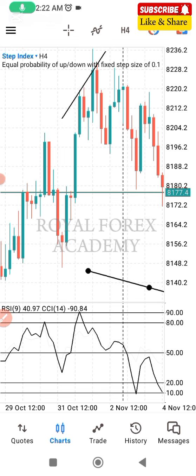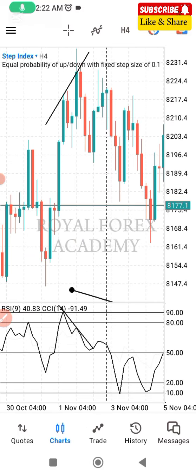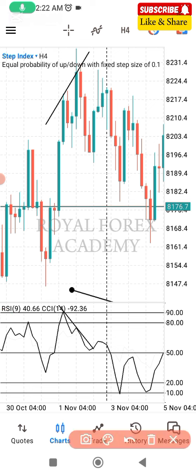So you need to train your eye to be able to spot this divergence. Okay, so this is a divergence. Now, this divergence we spot it's for a reversal, which means change of price direction. So if you look at this critically, what this tells us is that in this price scenario, we were having